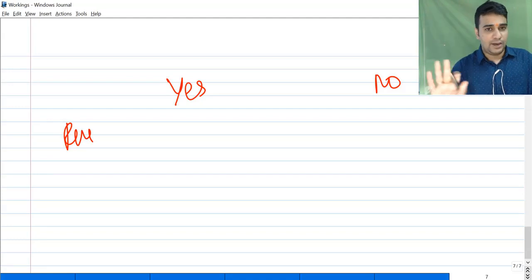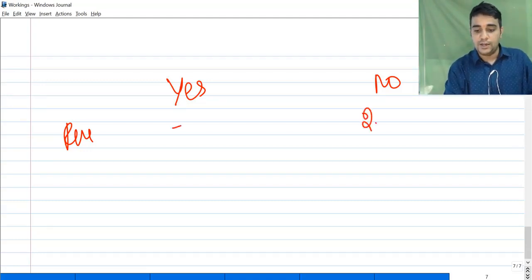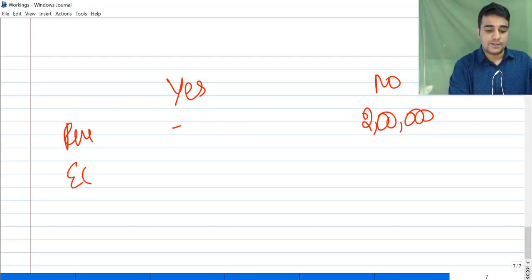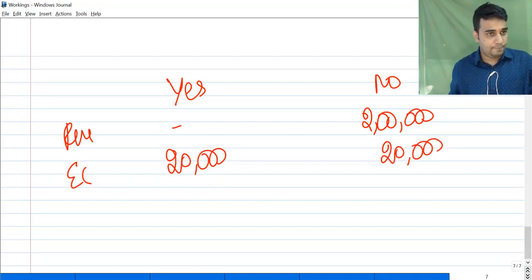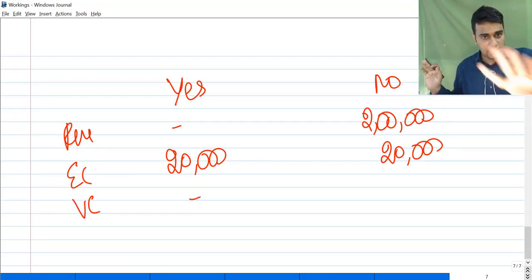Revenue, I don't know the revenue of bank A audit. We are not trying to get into revenue of bank A audit, because when you calculate the relevant cost, finally you will say this much minimum revenue you want. So revenue is nil. This side you are earning 2 lakh. Employee cost, this side 20,000, this side also 20,000. Employee cost is both side 20,000. Variable cost, you will not incur variable cost. I'm not bothered about the variable cost of bank A audit. That is a separate item. You'll analyze it separately.